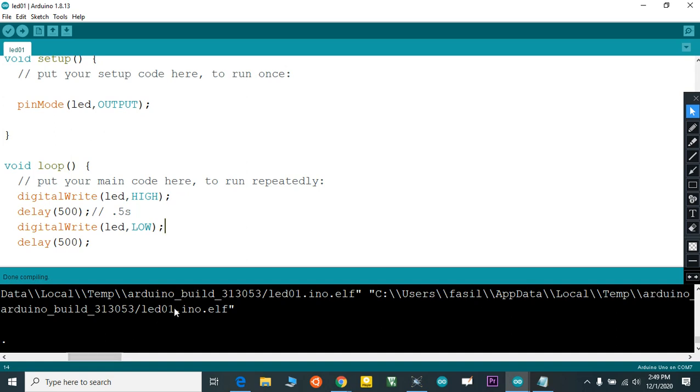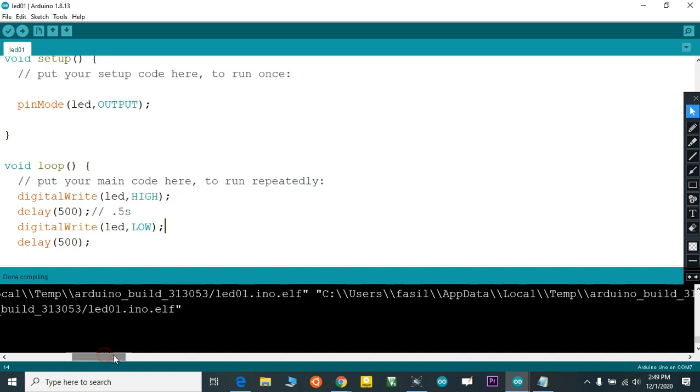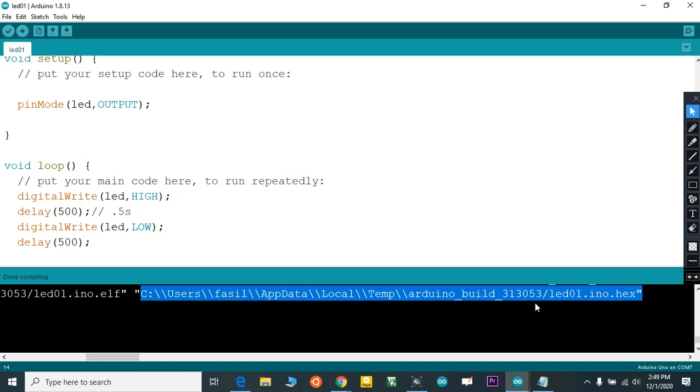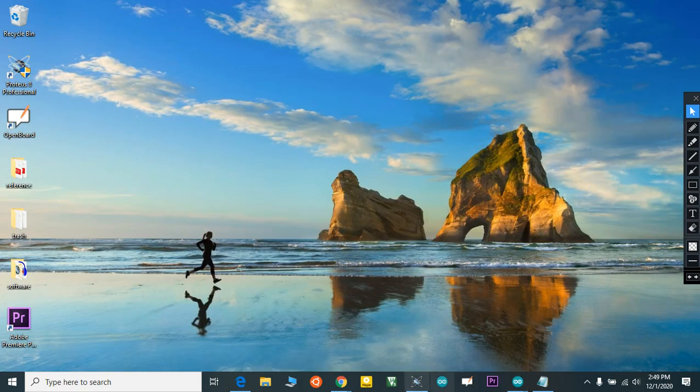Okay, just above the line .ino.elf, you can see this hex file. Just copy this file. Copy means control C for copying, and paste it here.